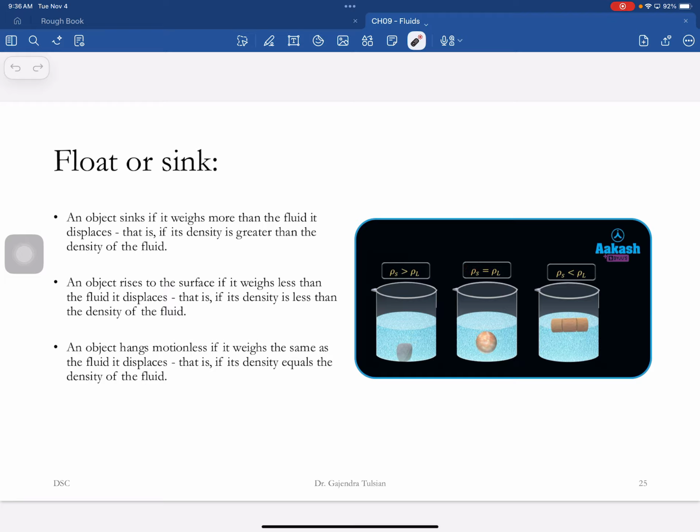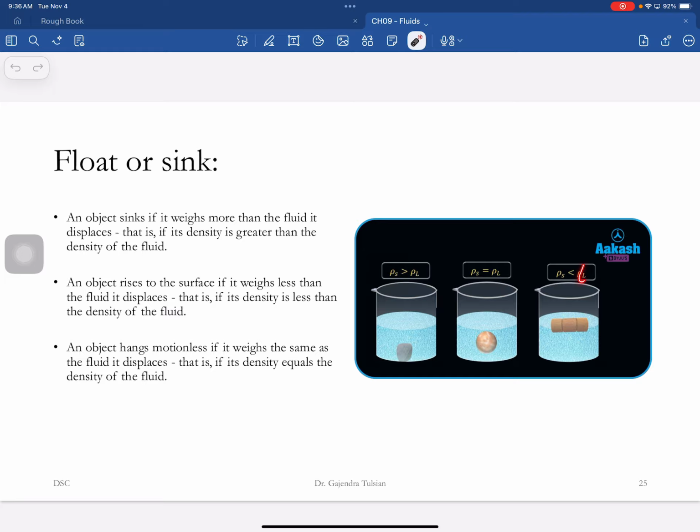Okay, so the reason we're talking about this is we'll talk about fish and animals that live in marine environments. So an object will float if its density is equal to the density of the liquid. And so it'll hover, it will neither sink nor float. And an object will rise up to the surface if the object's density is less than the density